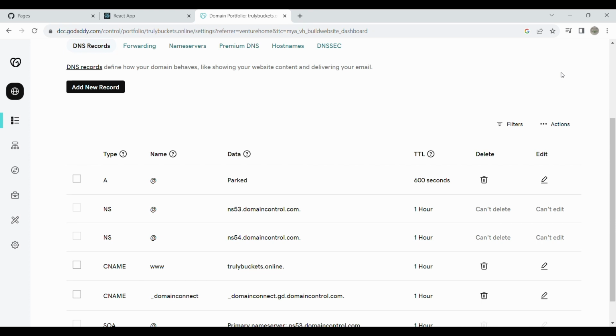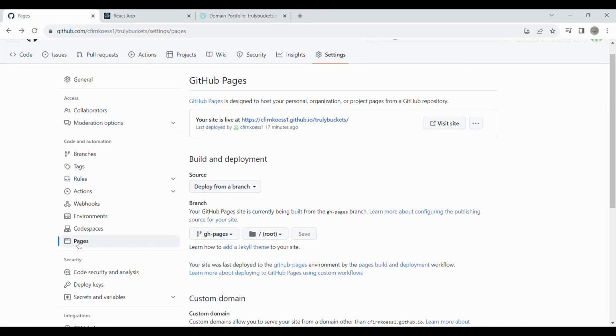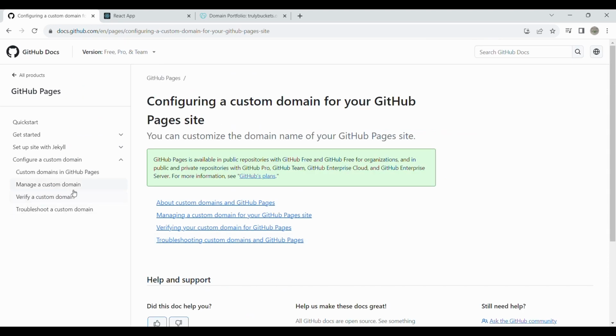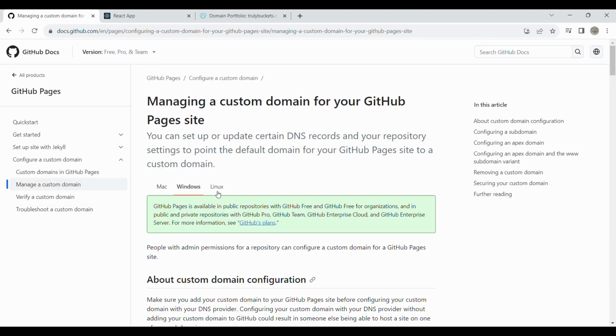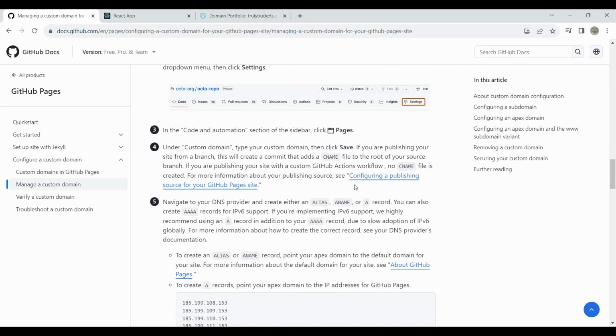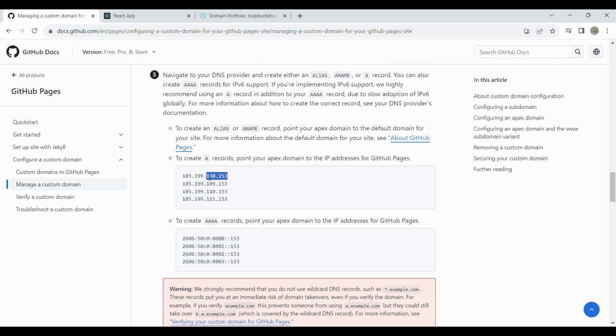Okay, so what I really want to do here is go back to my GitHub site. I want to go to Pages, and scroll down here. I want to click on Learn More About Configuring Custom Domains, and then click here on Manage a Custom Domain. And then as I scroll down, I'm going to find these 4 IP addresses. Yours might be the same, they might be different, so I'd recommend just going and checking to make sure that yours are right. So what I want to do is copy this first one up here,